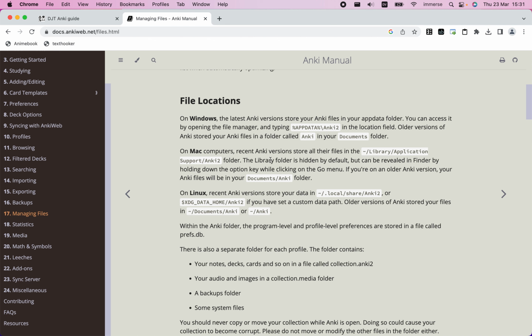But because we're on a Mac, I will be using this path address here. So I will copy this,